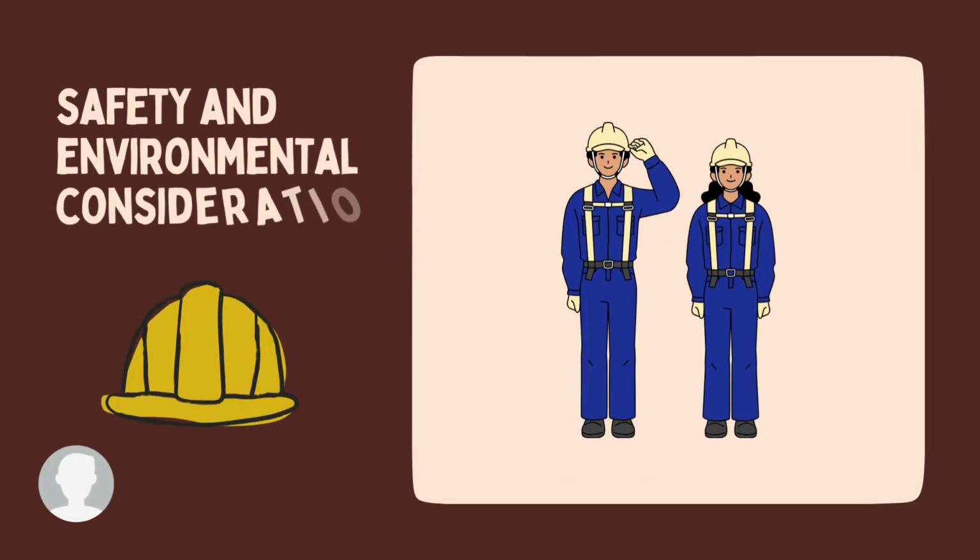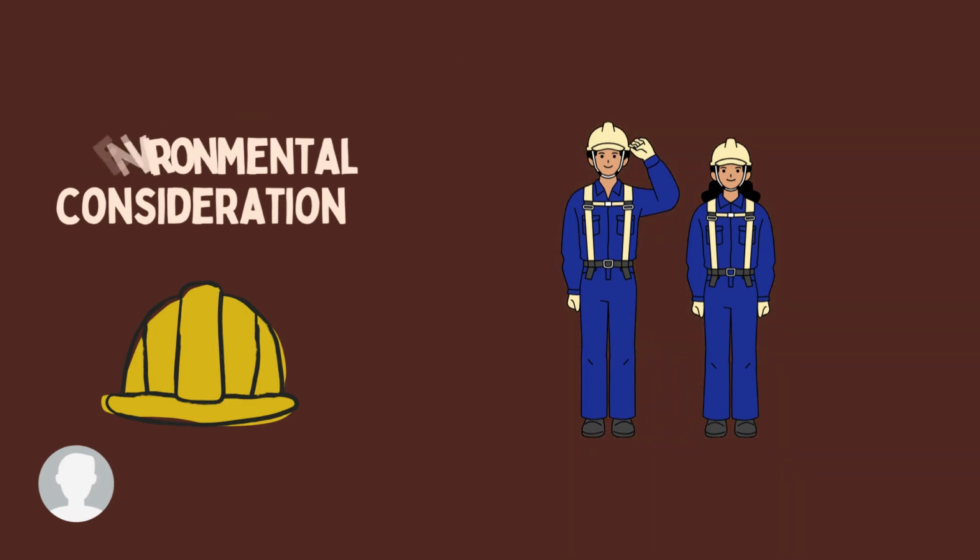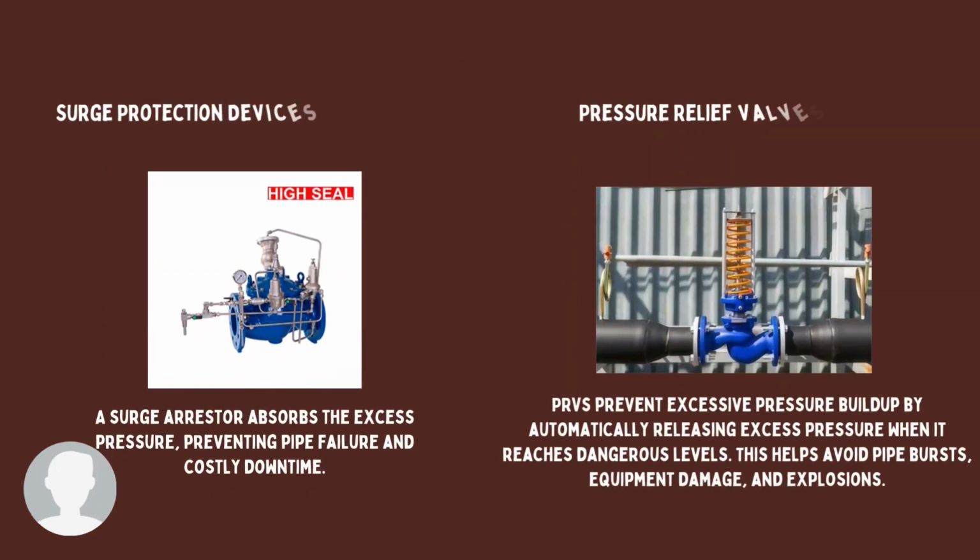Now, we will be discussing the safety and environmental considerations in a water distribution system. So, we have to take these two safety measures to increase the safety in the industry setting. The first one, we have surge protection device, for water hammer. A surge arrestor absorbs the excess pressure,